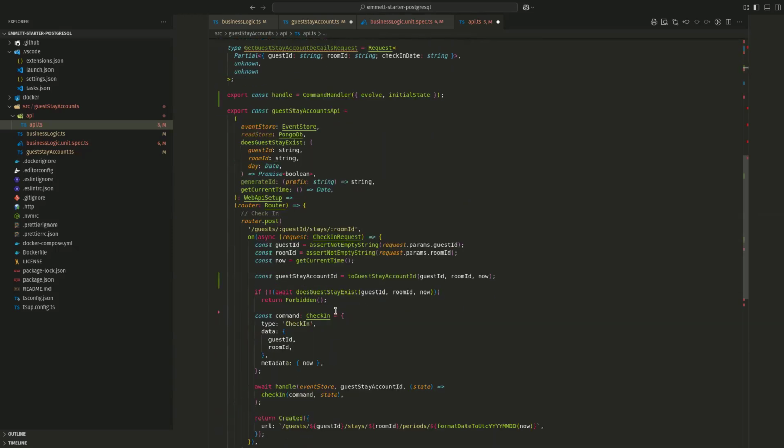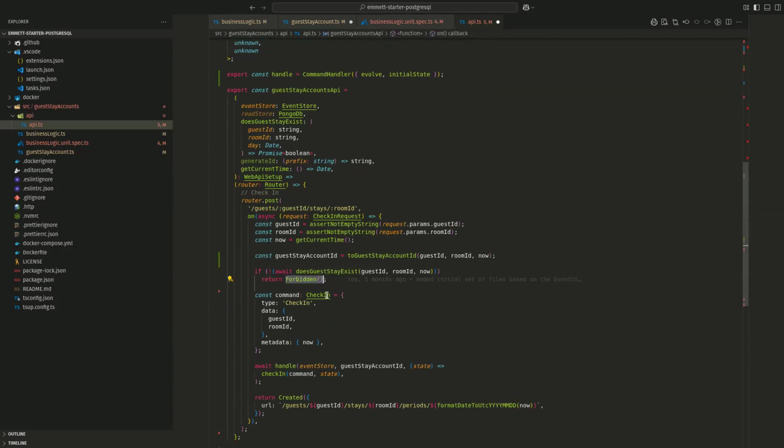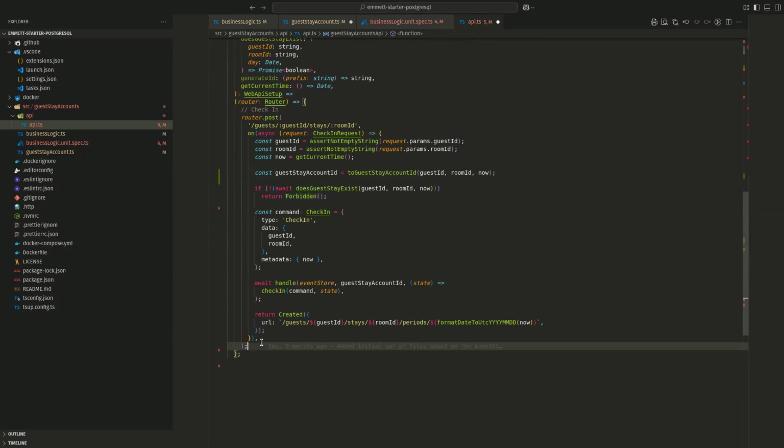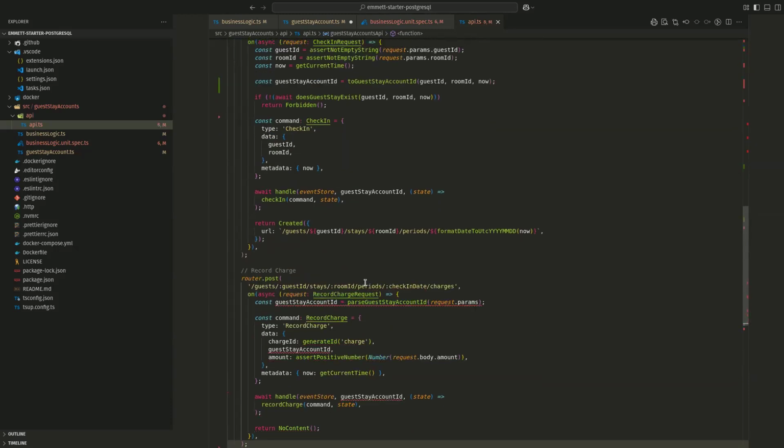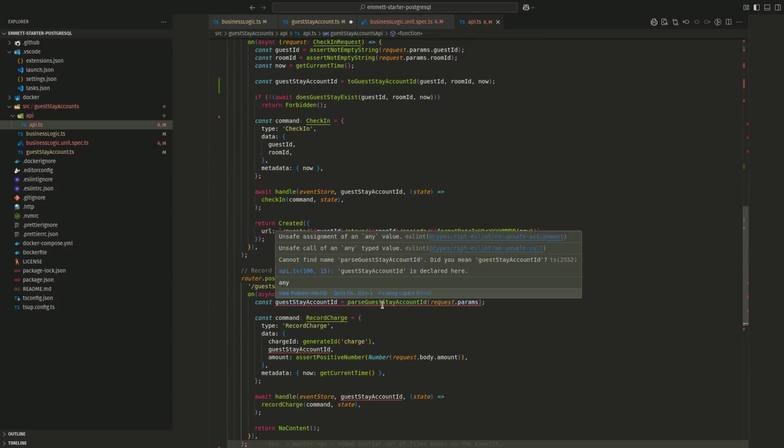And if it doesn't, then just say, no, the operation is forbidden. So I'm treating the API as the application layer. However, if you'd like to, you can put more layers, you can group it. It's up to you to prefer. I won't tell you how to live. I'm just giving you the tool to have the minimum set of